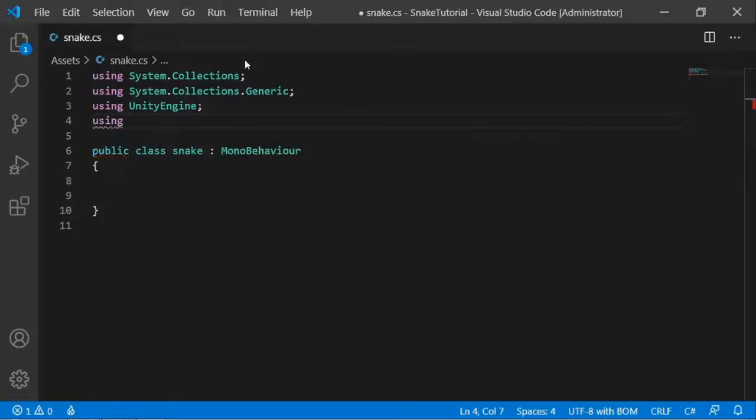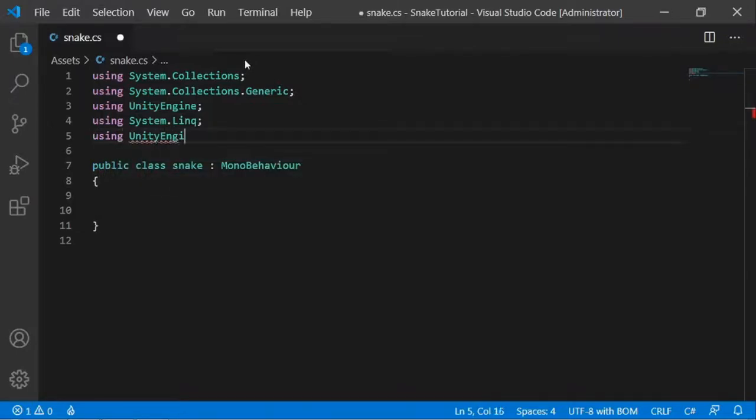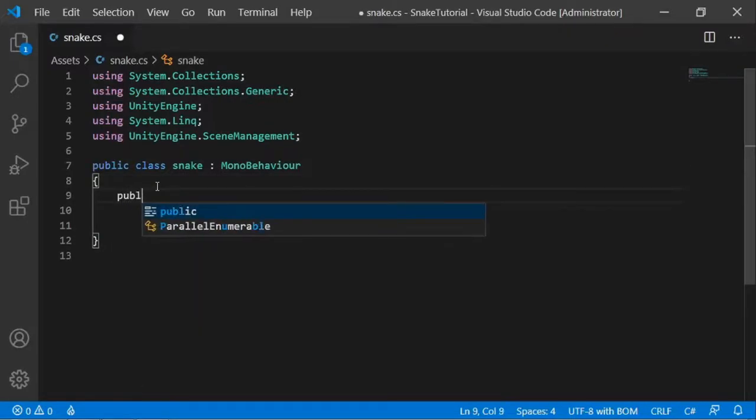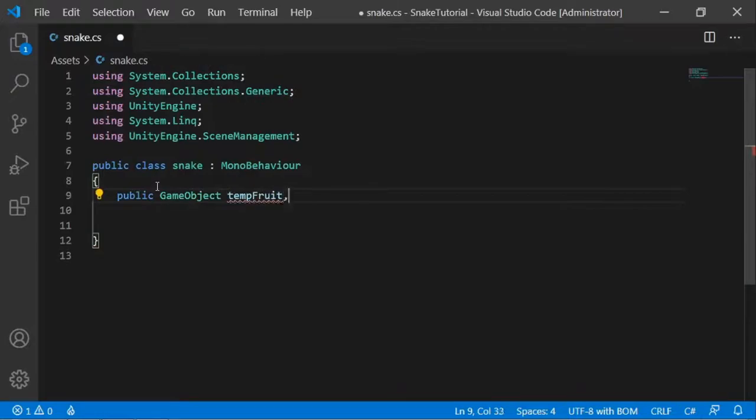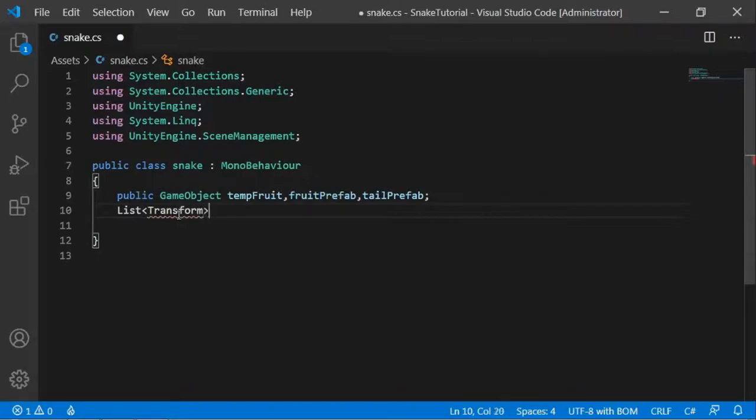I need System.Linq and I have to use also UnityEngine.SceneManagement. I want to have some variables such as temporary fruit, fruit prefab, tail prefab. I need a list of transforms, tail, which is equal to new list of transform,